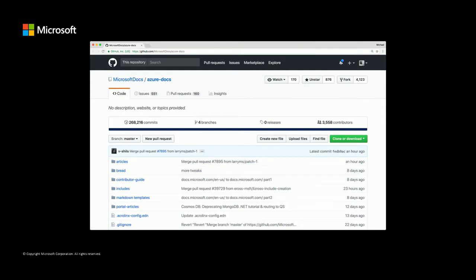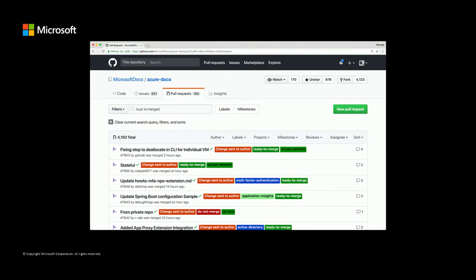And so if you want to know, in terms of the scope and breadth of contributions that the open source community's made, it's not just 10 folks on the development team or developer relations team writing our documentation. It's everyone here can make a contribution, and that's why it's so powerful, right? So there's 4,000 plus pull requests merged, so contribution suggestions that have been reviewed by the team and either merged or not, right? Some of those contributions, our team says, hey, that's great, let's include that, and others not so much. But it gives you an idea of the scope and breadth of how the open source community contributes to our docs.